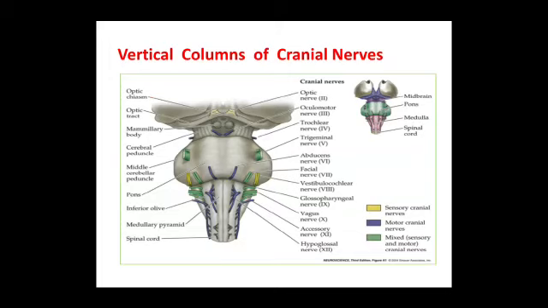The trigeminal nerve arises at the junction between the pons and middle cerebellar peduncle, and at the junction between pons and medulla oblongata, three nerves are going to emerge. That is the abducent nerve, the facial nerve, as well as the vestibulocochlear nerve. And in the medulla oblongata, you are going to see the rest of the cranial nerves emerging. That is the ninth, glossopharyngeal, 10th, the vagus, 11th, the accessory, and 12th, the hypoglossal nerves.